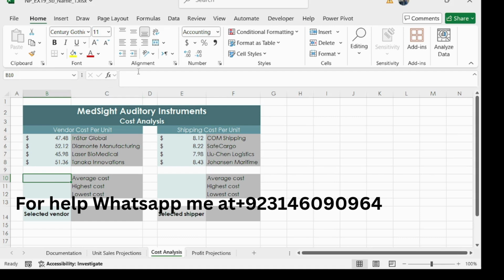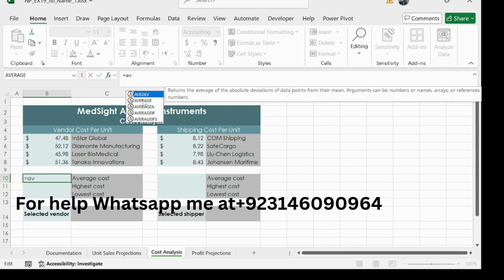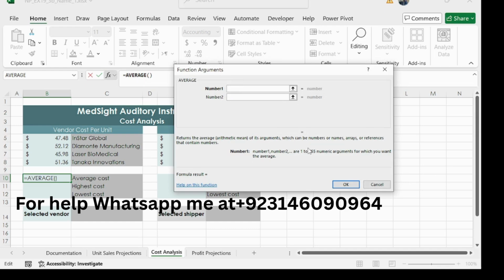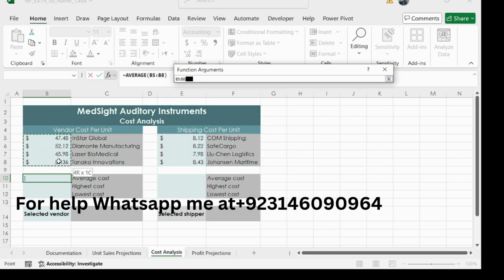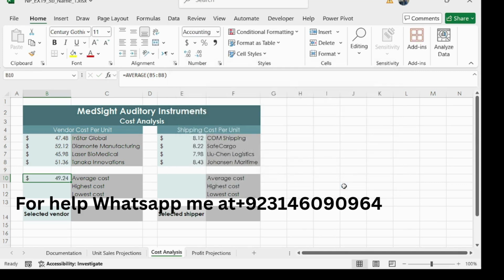So type equal to average, our range is B5 to B8, and then click OK and copy this formula to T10. Copy this, Control C, paste into T10 and then escape.